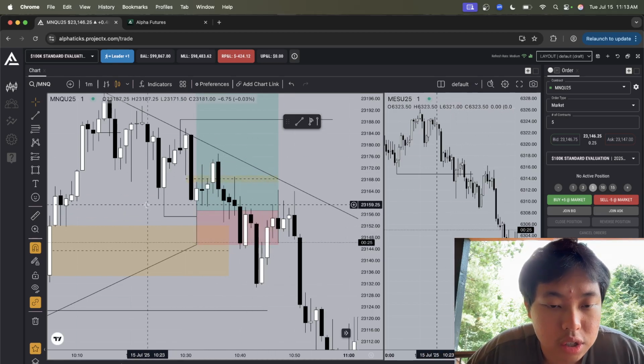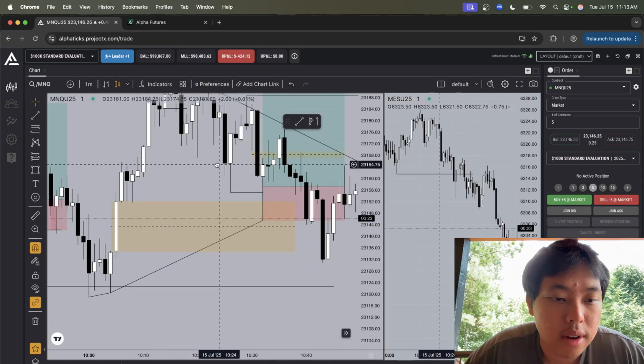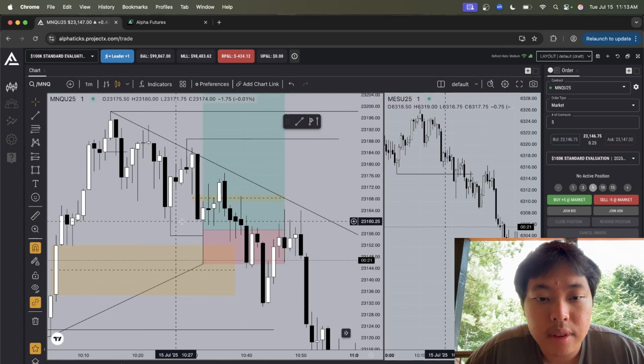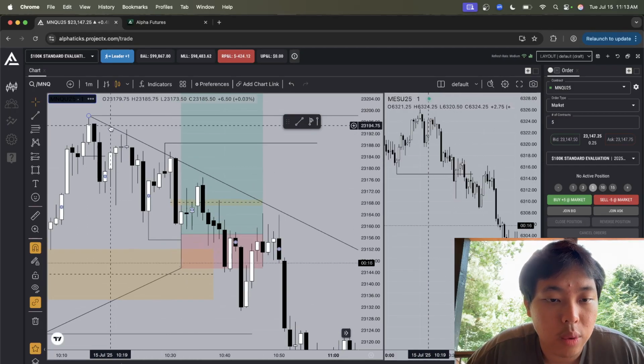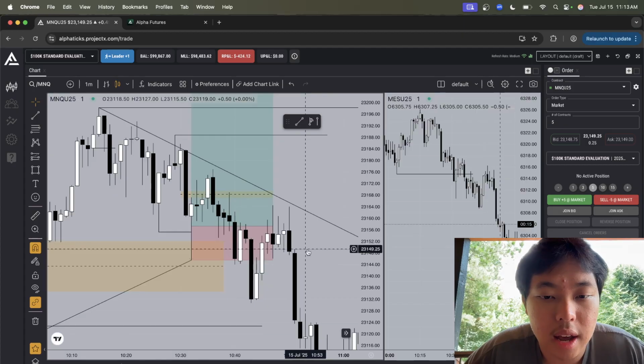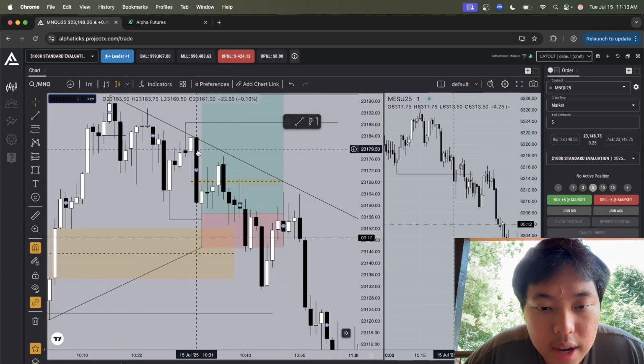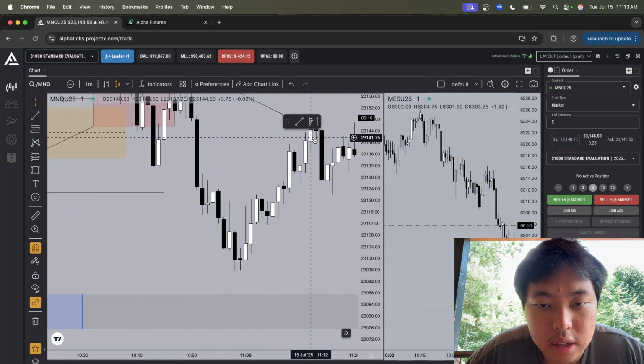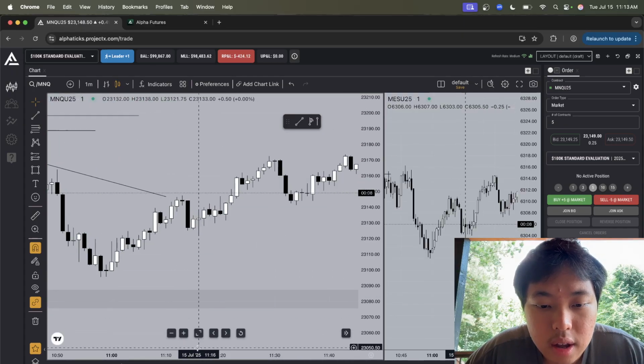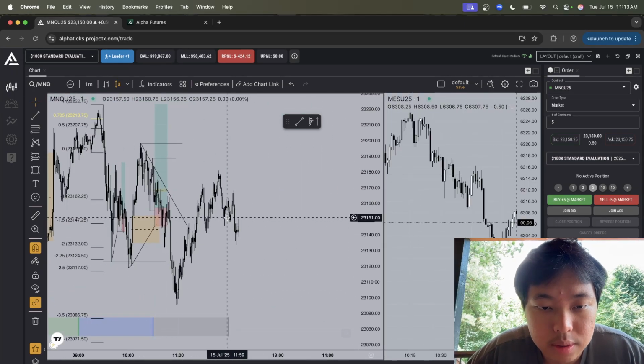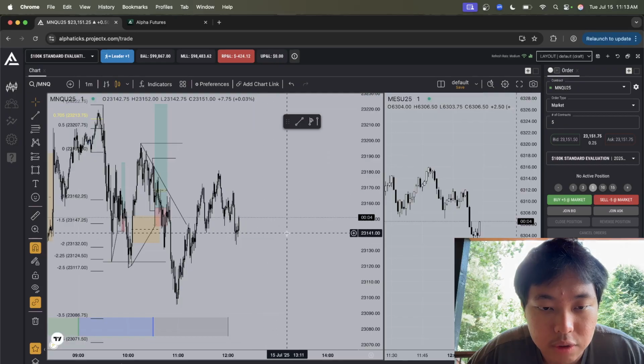So then I was like, okay, look, this looks good. Sweep of liquidity, turtle soup, fair value gap right here. Inversion, sweet, this looks good. Trendline liquidity looks good. Everything was lining up here perfectly, right? And guess what? We ended up stopping me out. And as you can tell where we're at right now, this could be potential retracement. Who knows? But it looks like we're starting to get that structure shift towards the downside.